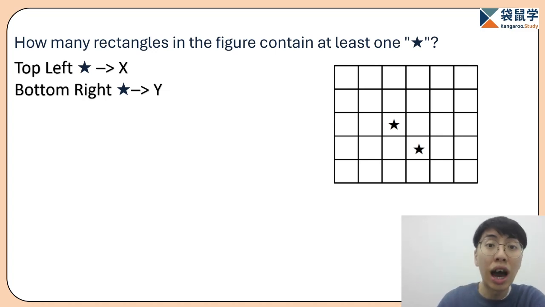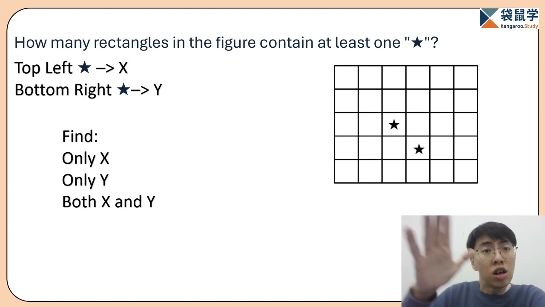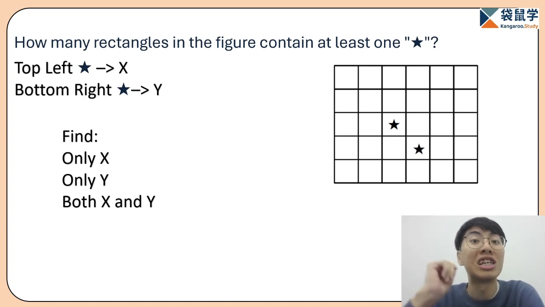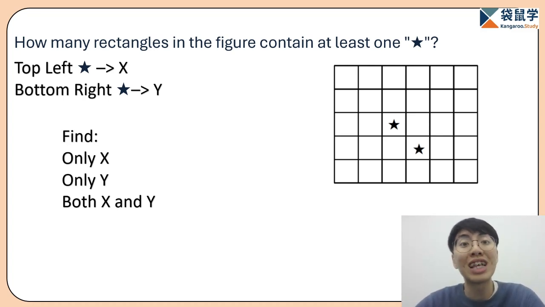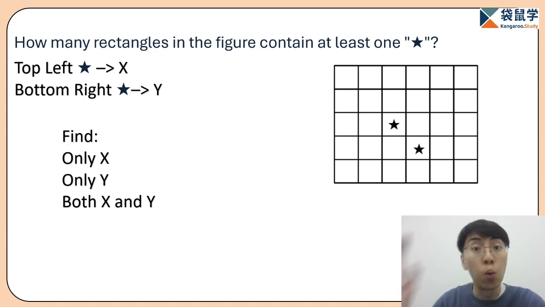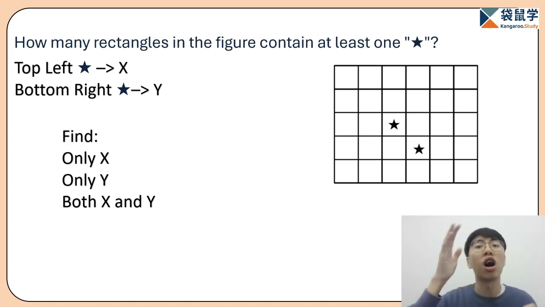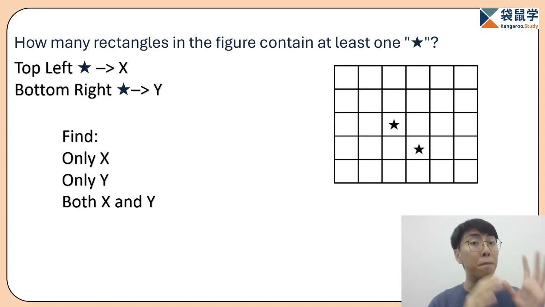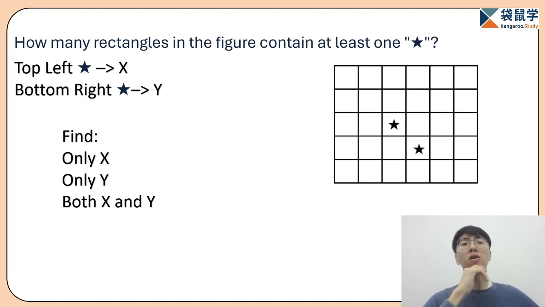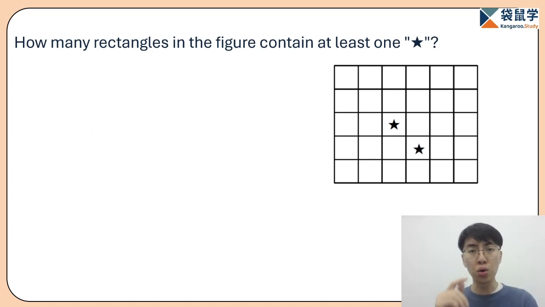Then what should I be doing? Let's see. To make sure that we get those rectangles that contain at least one star, I have to find those that contain only X and only Y. And lastly, I have to also include those of the rectangles that contain both X and Y. Well, let's jump into the question then. We see, to get those rectangles that contain X,